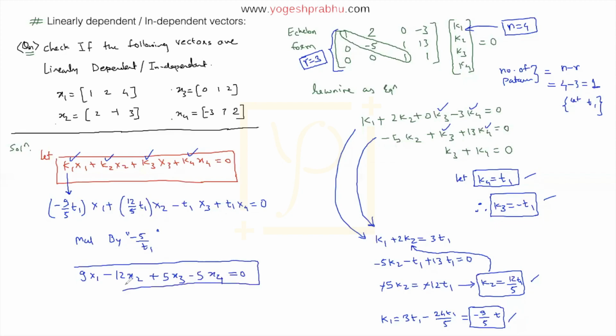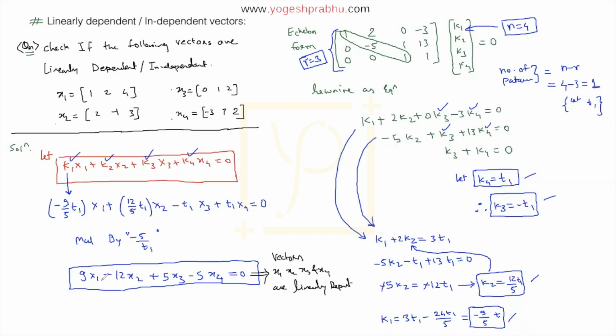Now after you get this equation, I want to just write down the final conclusion, and the final conclusion is the vectors are linearly dependent. Let me explain that. First let me write down: vectors x1, x2, x3 and x4 are linearly dependent. Let me explain what I mean by that. You have got one nice expression of all these vectors, and as soon as you get this expression, you can declare them as linearly dependent vectors.